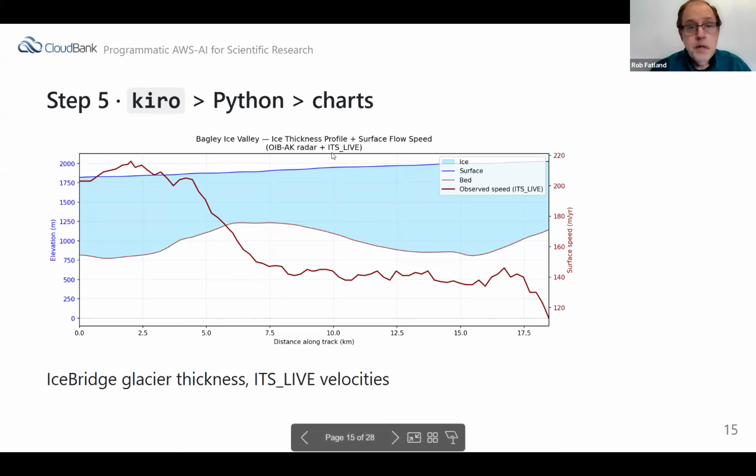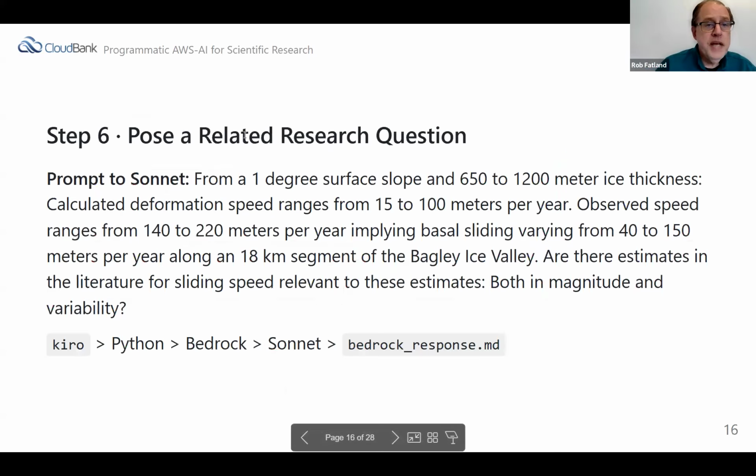Okay. So now that I've done a little bit of waving my arms about the glaciology, we'll take the next step forward in our sequence of 10 here, which is to pose a related research question to Claude Sonnet. So we have this 1 degree surface slope, very gradual glacier that's somewhere between 600 and 1,200 meters thick.